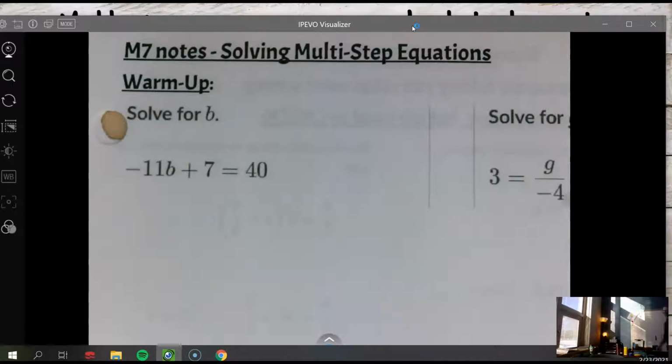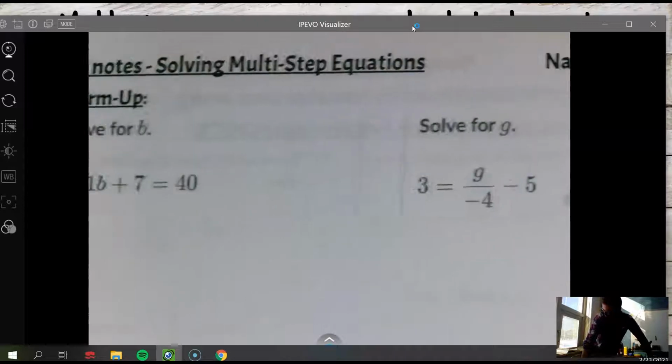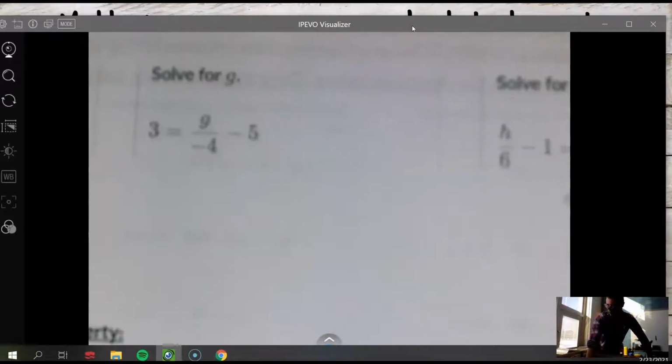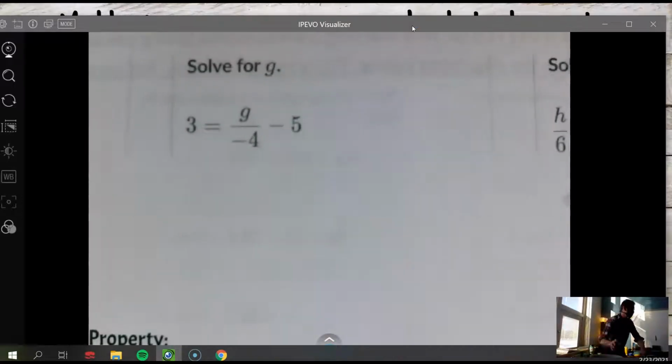All right, man. What do we do first in solving for G? We add 5 to both sides, that inverse operation, right? There is subtraction. And now,